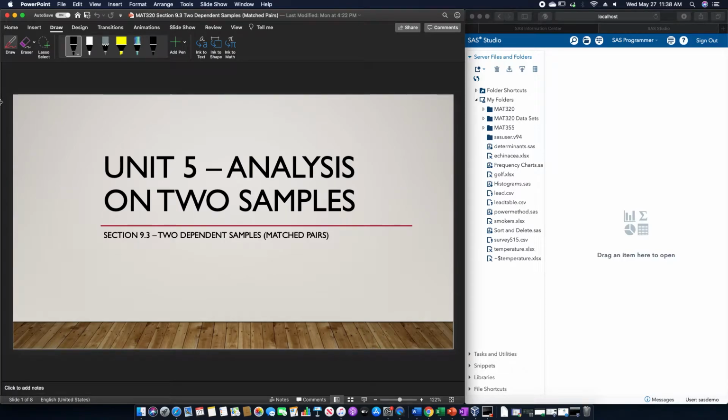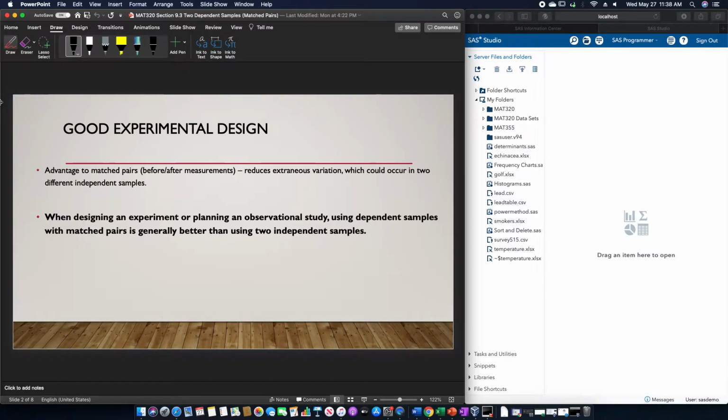Section 9.3 is on two dependent samples, or matched pairs. And in order for us to naturally use the methods in this section, we need to have the matched pairs. And the advantage to matched pairs, an example of that, as we have seen in the previous lesson,